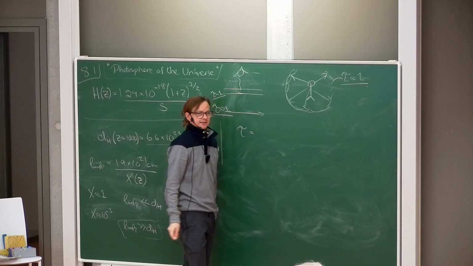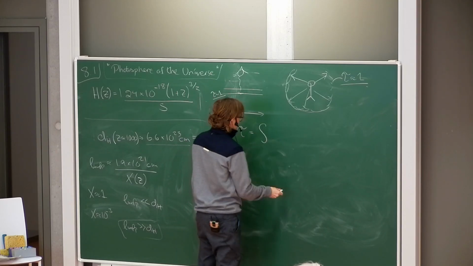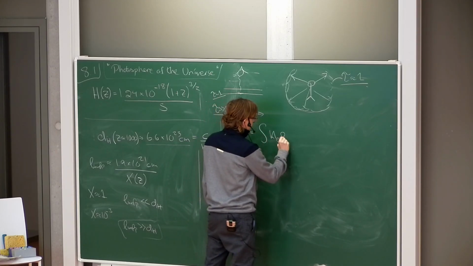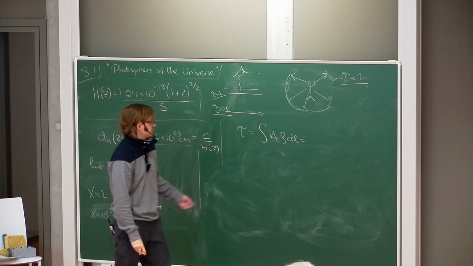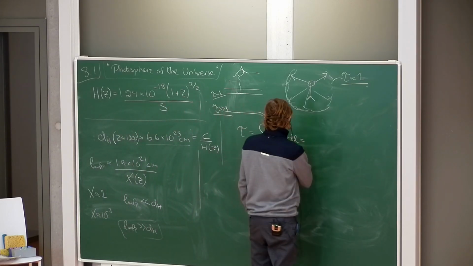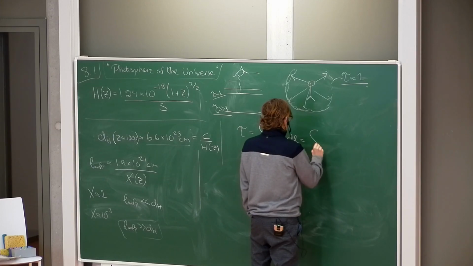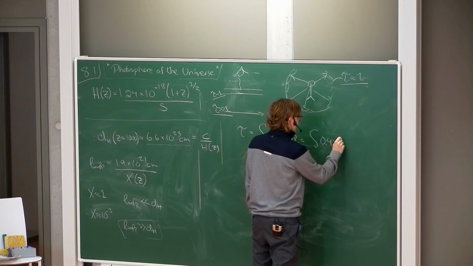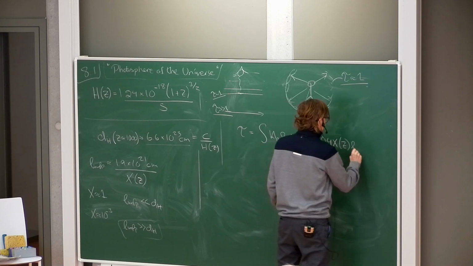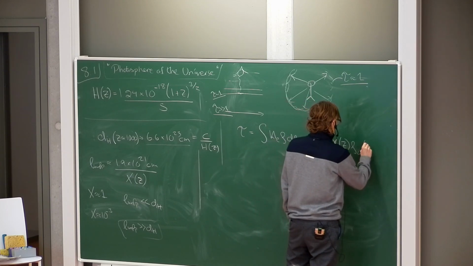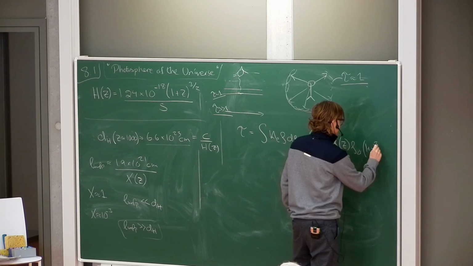Well, we calculate. We have kappa electron rho dl, okay? So first we use the same thing as before. So this is 0.5 x of z, the ionization fraction of hydrogen, density rho 0, (1 plus z) cubed, and then